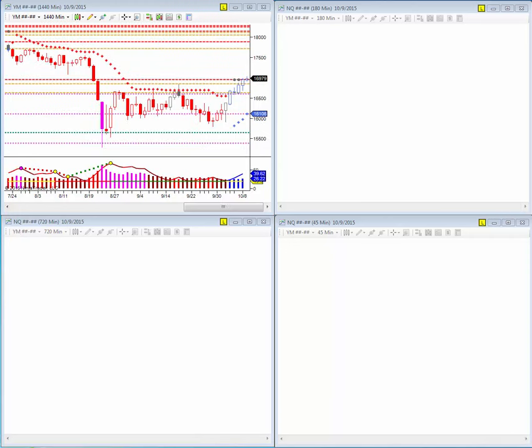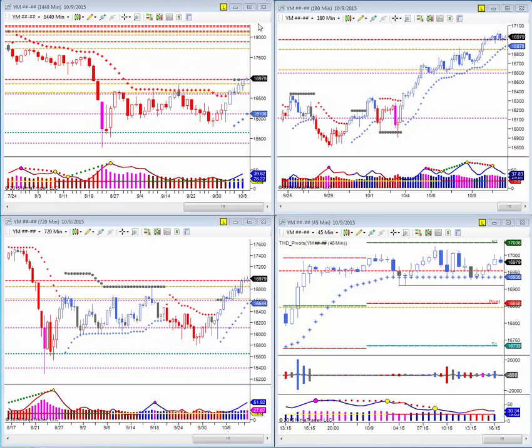Then on the Dow, you can see that we just really kind of hung around this congestion dot on Friday. So I think we're going to see a retracement at the open. Now we may only retrace back to 16,850 before we can actually analyze whether it's going to continue up or not. If it does continue up, there is a sweet spot